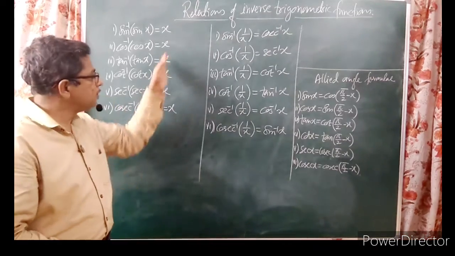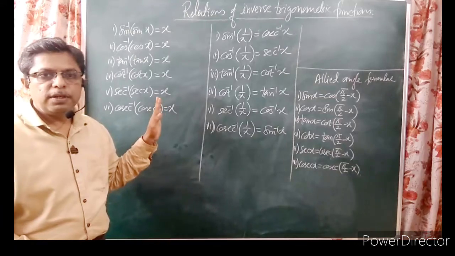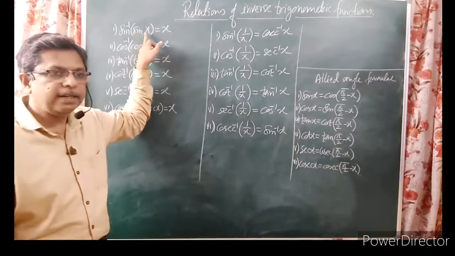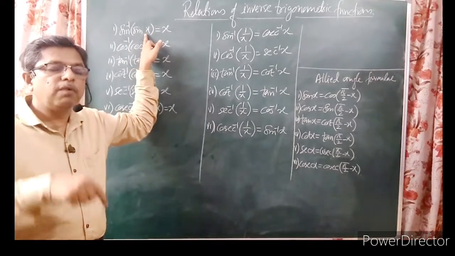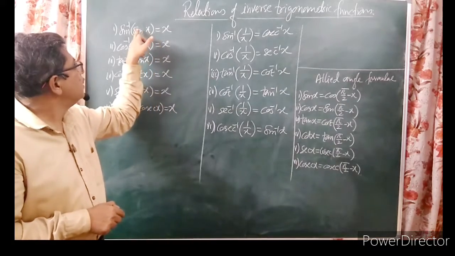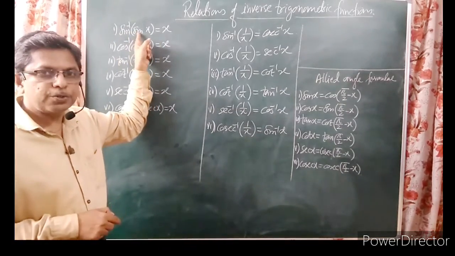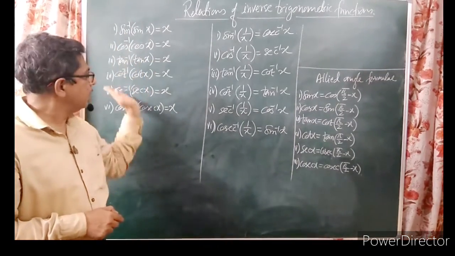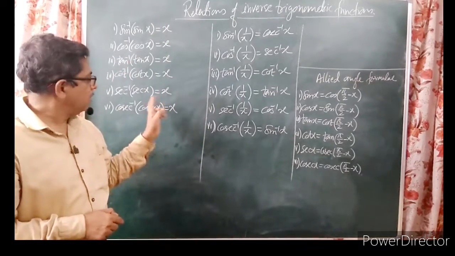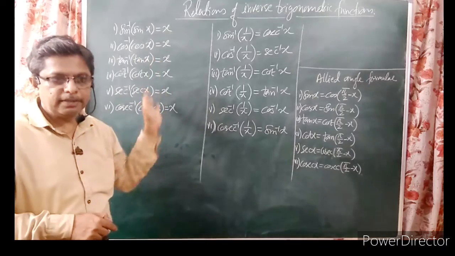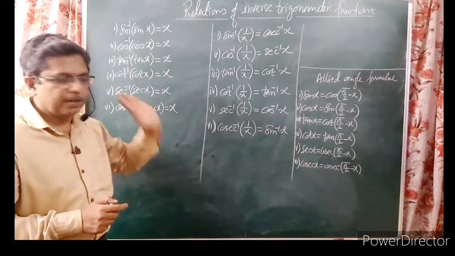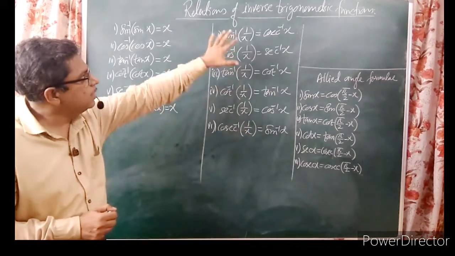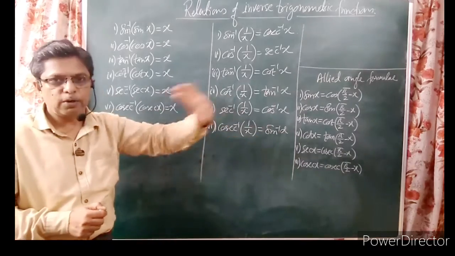Now when we are going to use this, we are going to simplify the inner function. It will not be directly given in this form, but using the formula for a trigonometric function you have to reduce it. If you have sine inverse outside, you reduce to sine. If you have cos inverse outside, you reduce to cos. Like that we'll go for a reduction, and then we can cancel these two and simply get x, or whatever is there instead of x, you can write that here. So for this simplification we have to use these two types of formulae, one from inverse trigonometric functions, another from trigonometric functions.